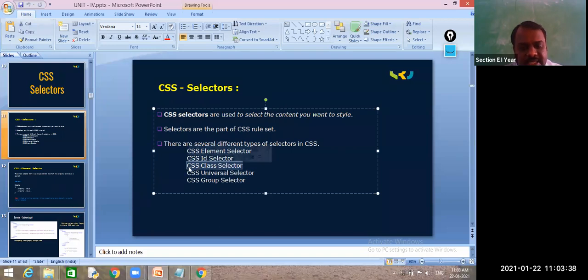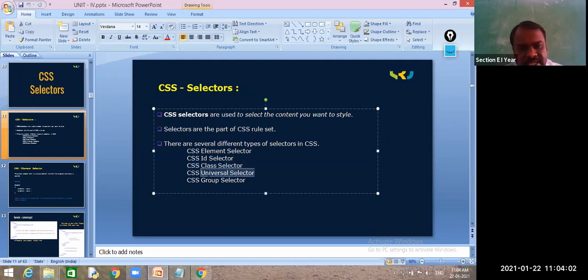Next, the class selector. We have two types: element class and generic class. Element class means that for one element, if it contains a slight difference, then you need to introduce classes for the element, and that can be used multiple times.